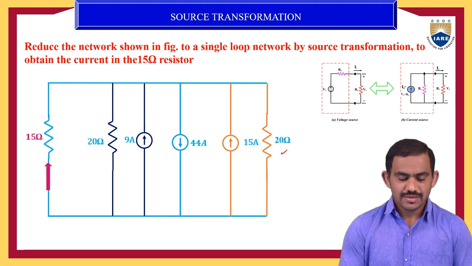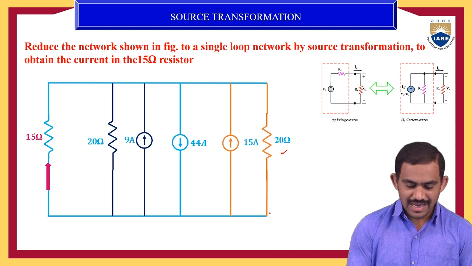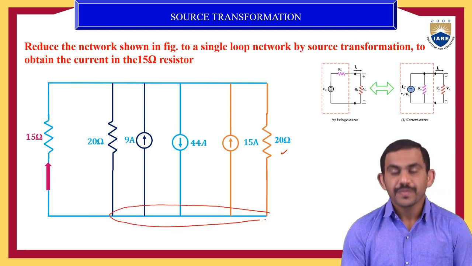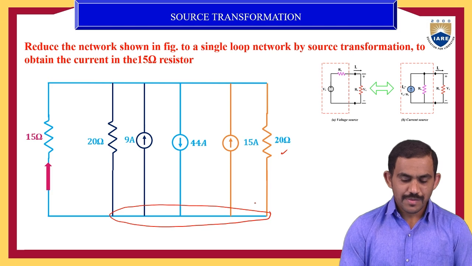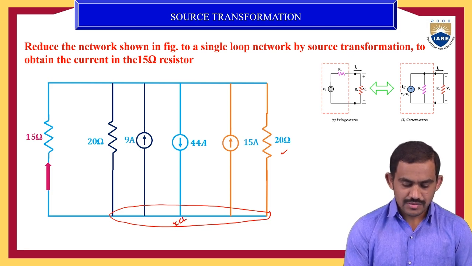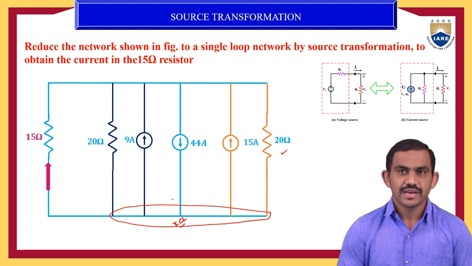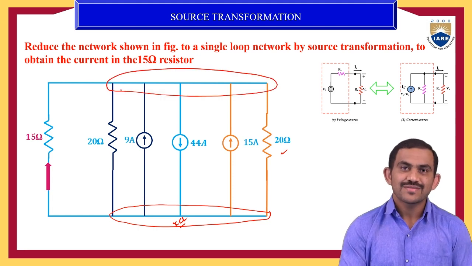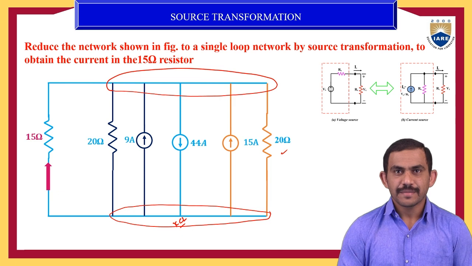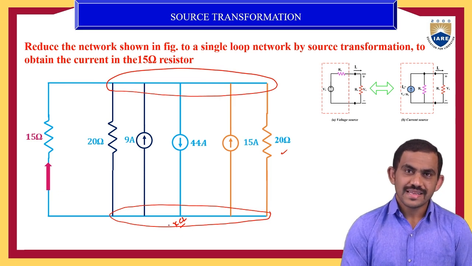In this circuit, just consider this is like one node. Okay, in this node I am applying KCL rule, Kirchhoff's current law rule. That means incoming currents equal to outgoing currents. So this current as well as resistors are in parallel at any node. You can apply that KCL rule.